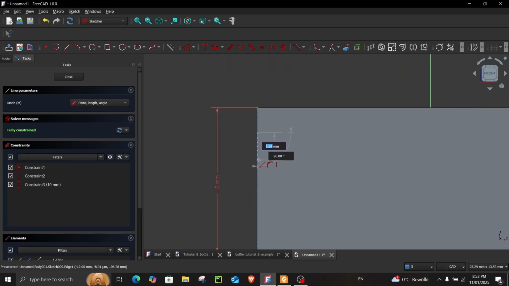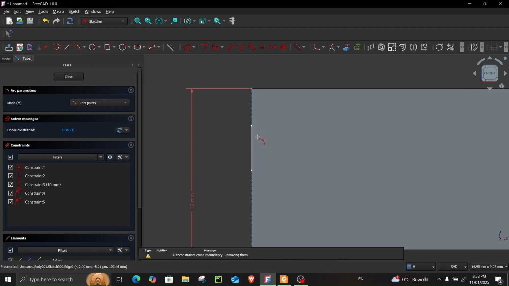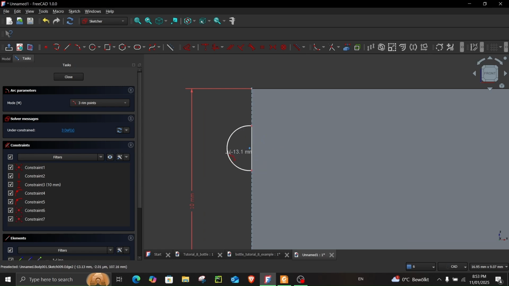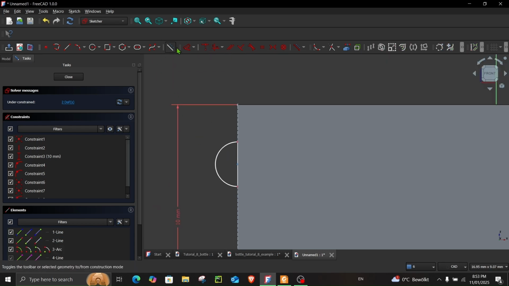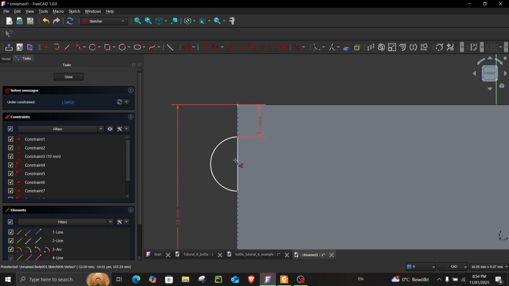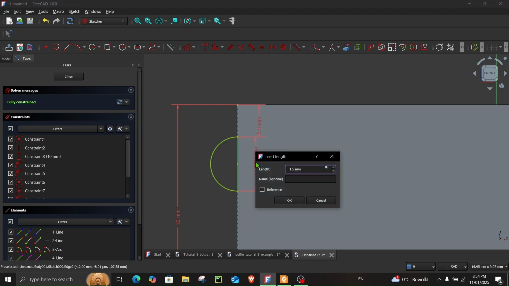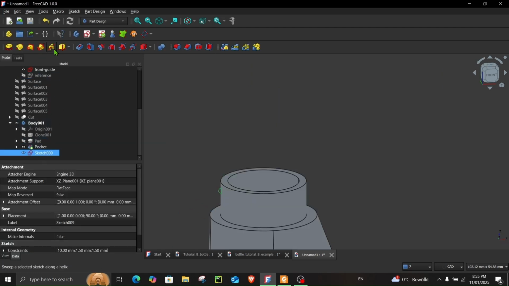And let's create a line over here, and then choose this option, create arc by 3 points, and just snap your arc like so, and select this point and this line, and choose this option, constraint coincident. And then from this point until this point, let's give this a length of 1.5, and this one 1.5 as well. Now close the sketch, and while this sketch is selected, go to this option, additive helix,